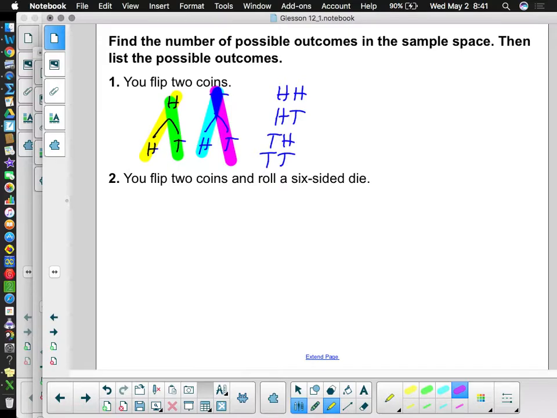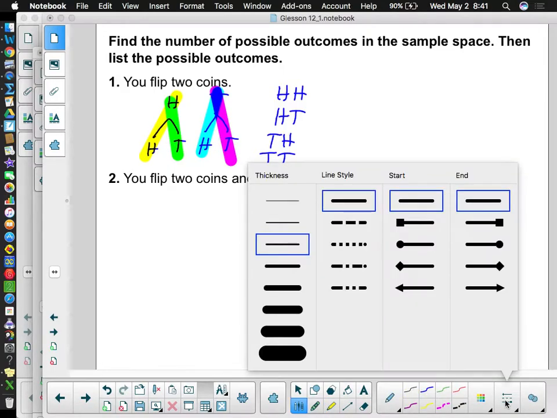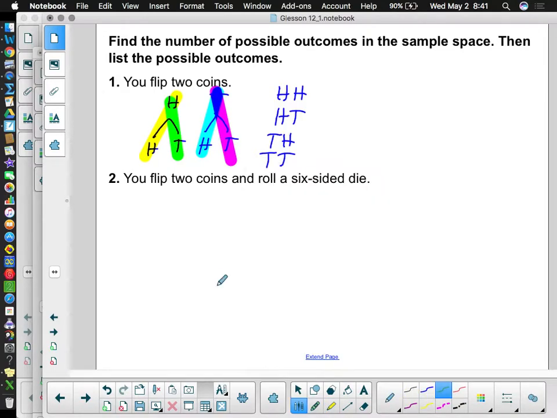Flip 2 coins and roll a 6-sided die. Now this is going to get a little more interesting. This is where a tree diagram can be very handy because we're going to get quite a few outcomes here. My first outcome is a heads or a tails. Since I'm flipping a second coin, then I get heads, tails,